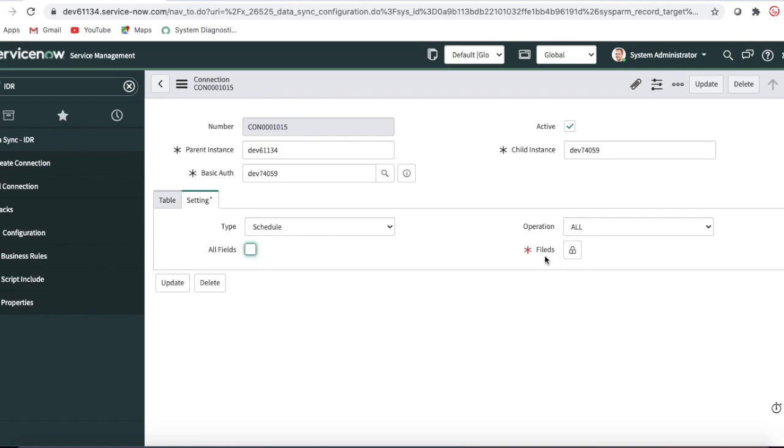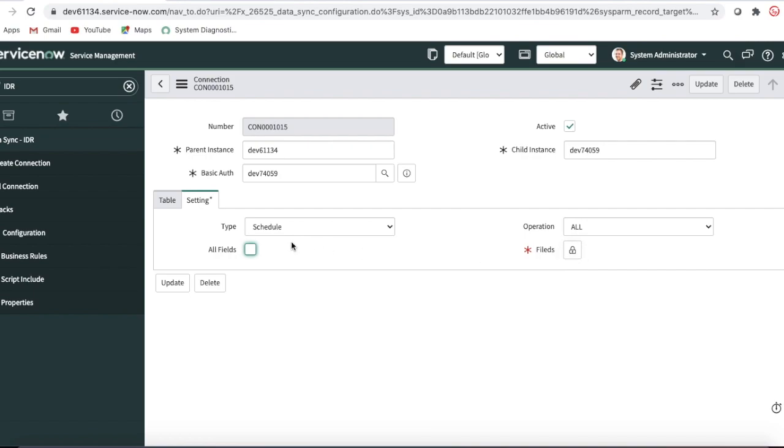You can see that the exception field is hidden, and you can select which fields you want to send. Like if you want to send only the email, then email, phone number, and some other fields, you can specify that also. So we are giving that flexibility. So all fields, exception fields, or selected fields can be shared from production to the non-production environment.